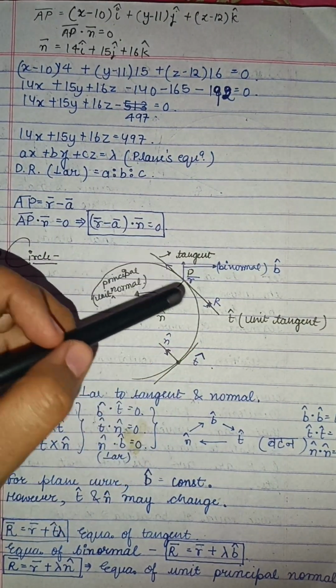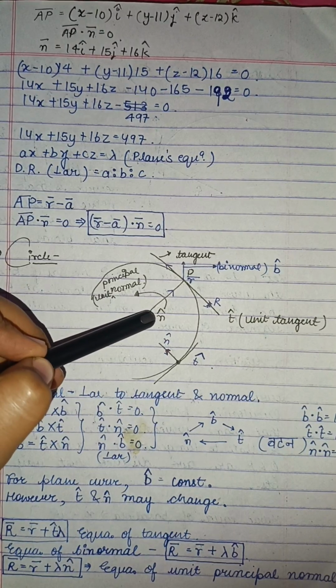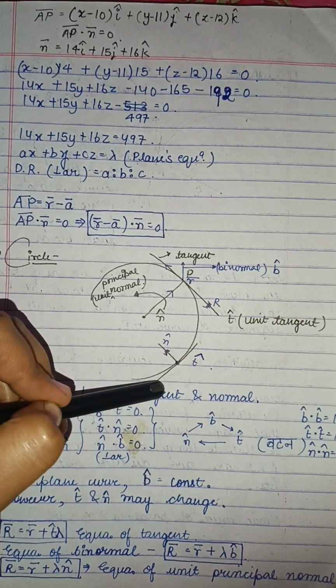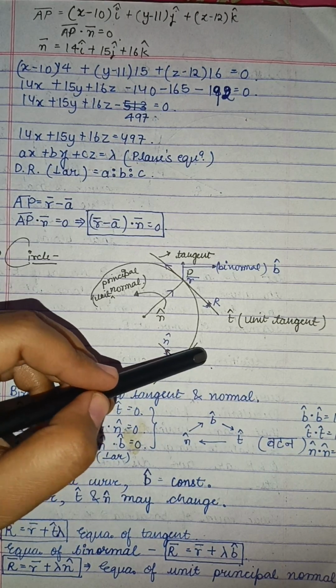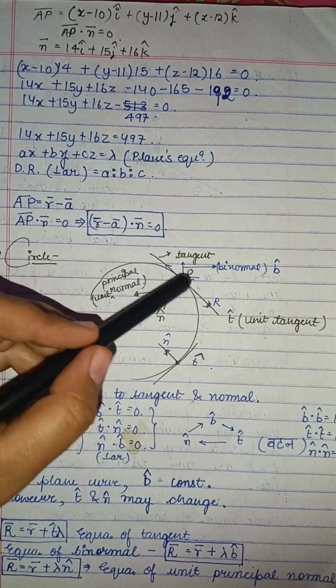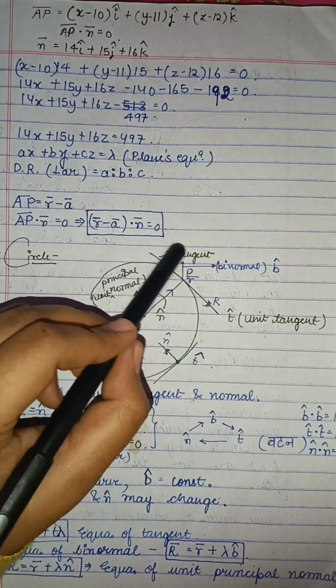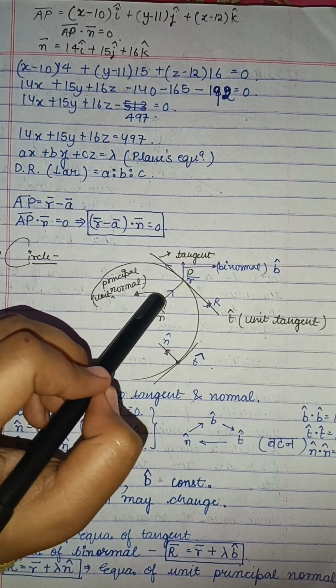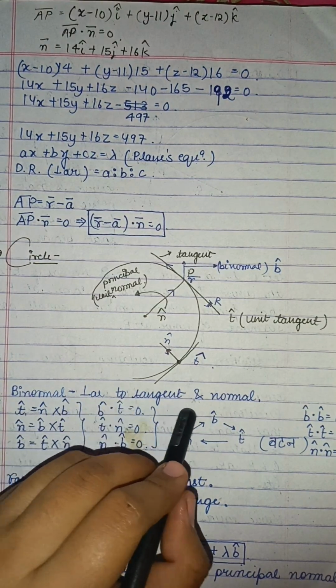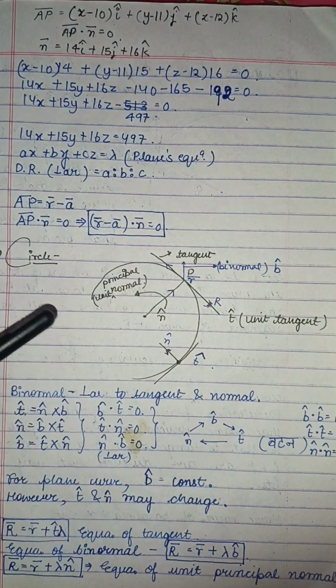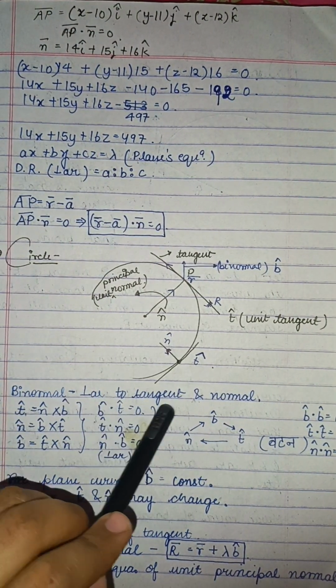So it is represented by b cap. This is represented by t cap, and this is represented by n cap. If we draw a tangent along this direction, then n cap will be represented by this, and t cap will be represented by this. In simple mathematical notation, the direction of tangent will be along like this. This is anti-clockwise, and the direction of unit principal normal will be along this. So we know that binormal is perpendicular to tangent and normal, as I have mentioned earlier, binormal will be perpendicular to both tangent and normal.